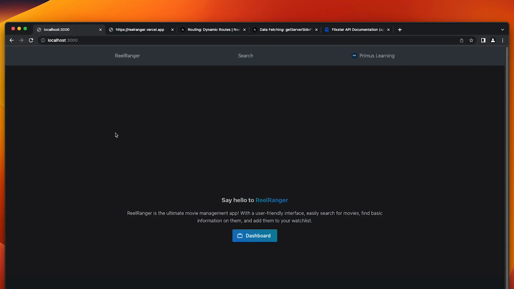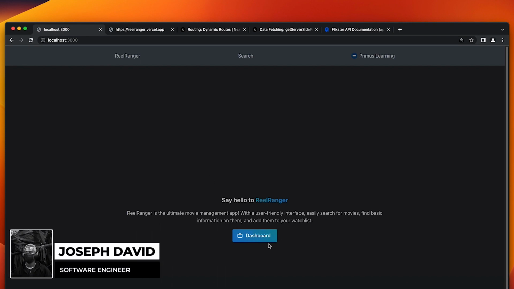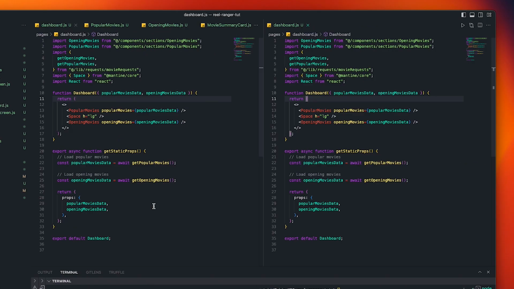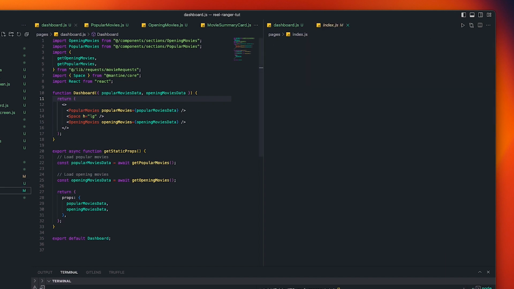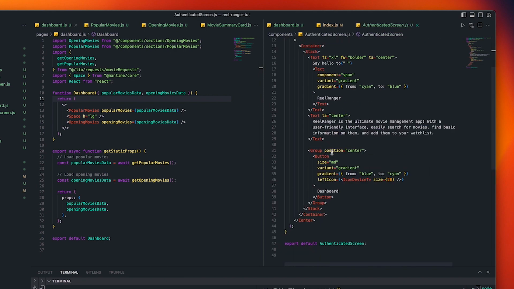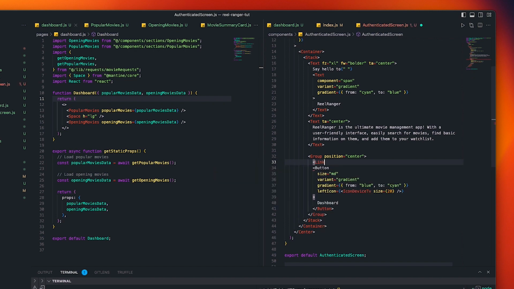Hey everyone, welcome back. Before we proceed, we want to quickly implement client-side navigation in our application. We've not linked our dashboard button to the dashboard page we just implemented. So let's do that. To implement client-side navigation, you use the next link tag, or the link component rather. So we go to our index page and the authenticated screen which has the button, and we wrap the button with the link component. So link, you make sure you import it from